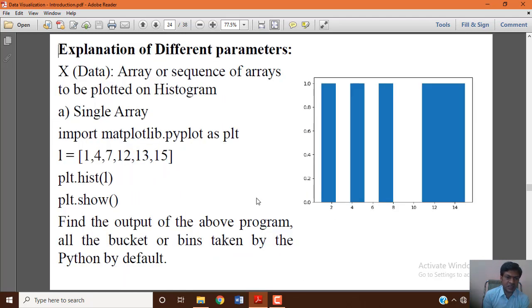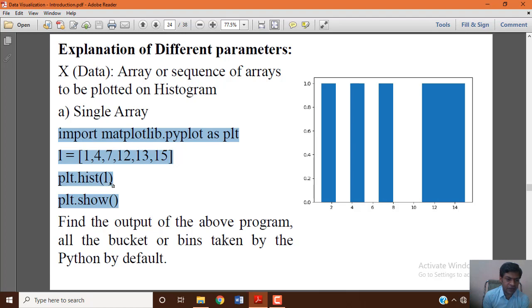Now we'll get into a detailed explanation of the different parameters. X is data, an array or sequence of arrays to be plotted on the histogram. When you take a single array, how is the histogram created? As usual you need to import the matplotlib module, the pyplot interface, with an alias name, and the list is the same example we took in the introduction, 1 4 7 12 13 15.